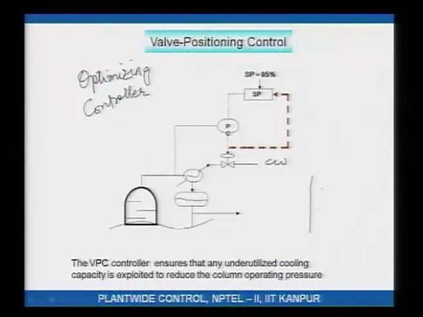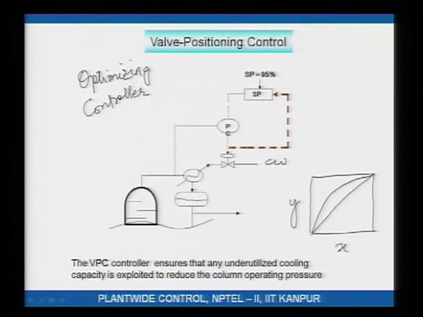By design, you would like to operate the distillation column at as low a pressure as possible. Why is that? That is because if you look at the vapor equilibrium, for example, for a binary system, if you look at the XY curve, X is the liquid phase composition, Y is the vapor phase composition in equilibrium with the liquid phase composition. You would have seen this in your textbooks so many times. This vapor liquid phase envelope, let us say, looks like this at a certain pressure.